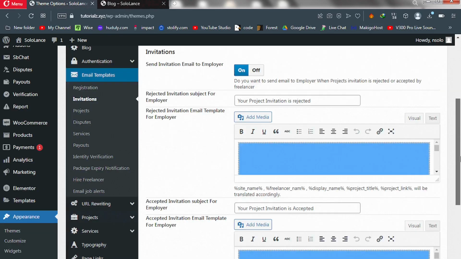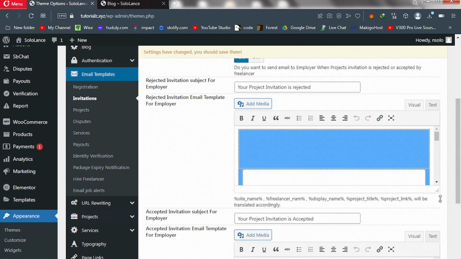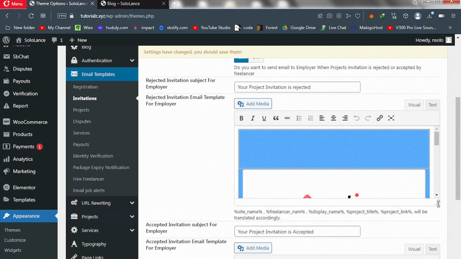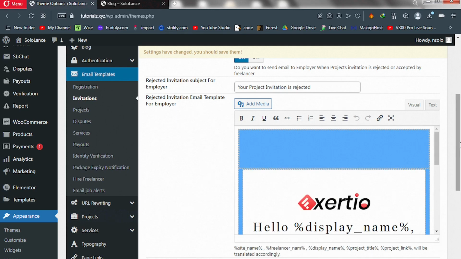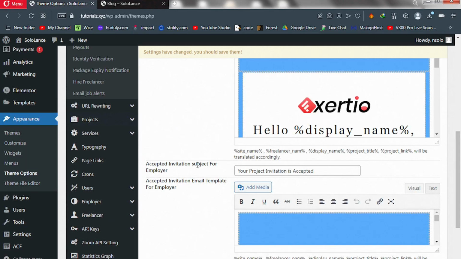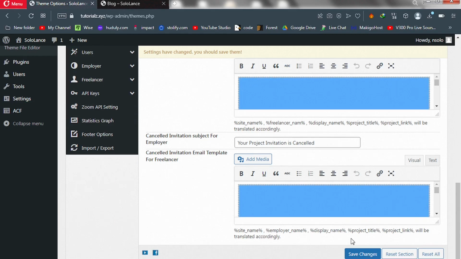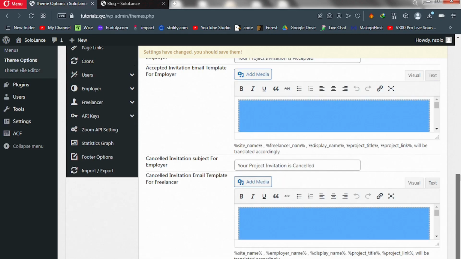So this is also an email template, or these are email templates. So go ahead and edit these emails like we did. Just expand like this, change the look, scroll, and whenever an invitation is accepted, now your project invitation is accepted, this email will be sent like this. Cancelled invitation subject: your project invitation is cancelled. This is also another email template. After that, just click on save. After you change the logo in the